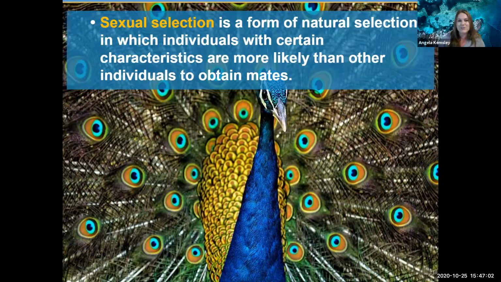So when we see those big flashy adaptations, especially in male birds, we see this in other species as well. Fish, you'll see this a lot, even things like a lion's mane. If it is that big, it can be hot, it can be heavy, it can get in the way. If that male is still alive, that tells the female they've got some pretty good genes. So that's who the females want to mate with.